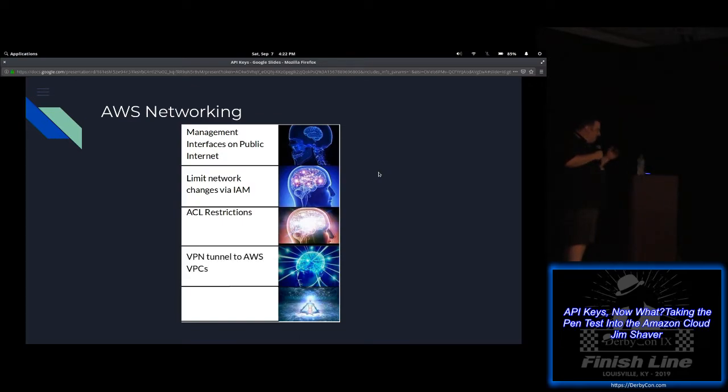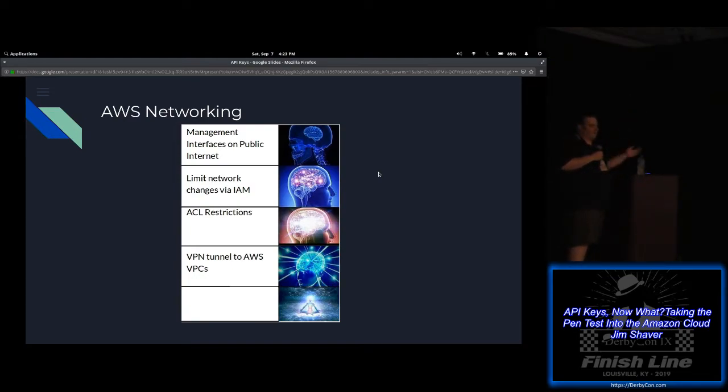The next level is VPN tunnels to AWS. And I say VPC, a VPC is a cloud network on Amazon. So the idea is you have a private network in Amazon, you have a private network wherever you're working, and you put a VPN tunnel that you can route through, and then you can SSH to the management interfaces through that tunnel.